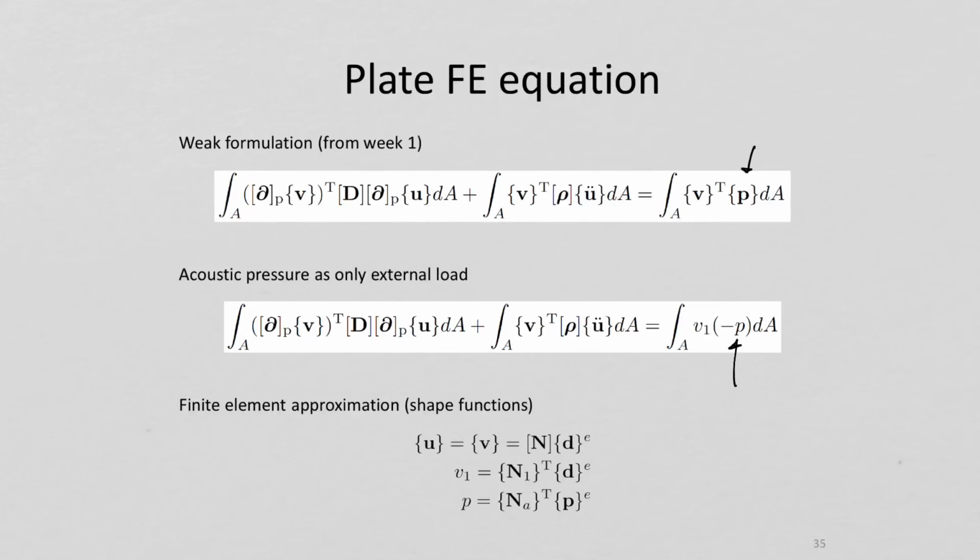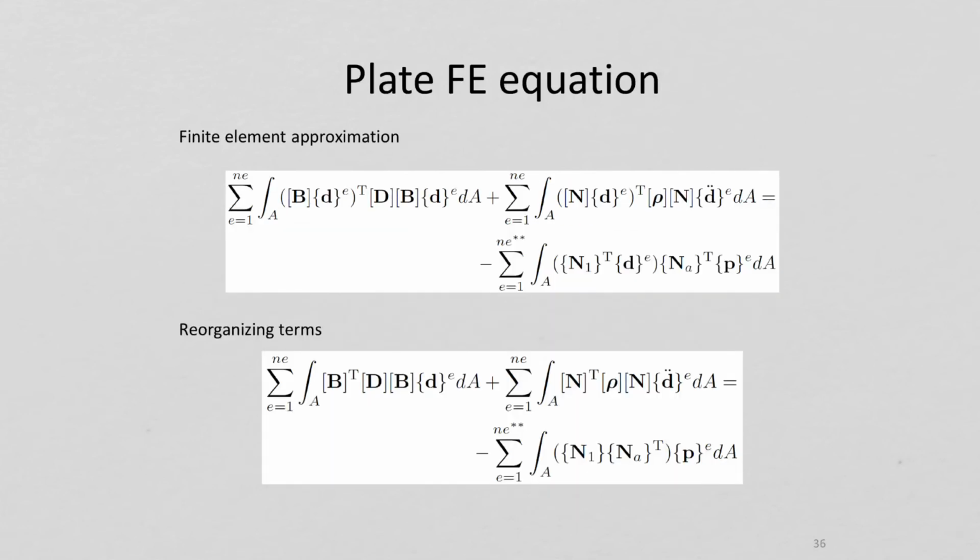And when we do that, this is following much the same lines as when we just did the finite element equations for the plate problem, except for this extra term on the right-hand side that now represents the acoustic pressure. So that means that also here we get a mixture of the structural shape functions and the acoustic shape functions. And here we have the pressure